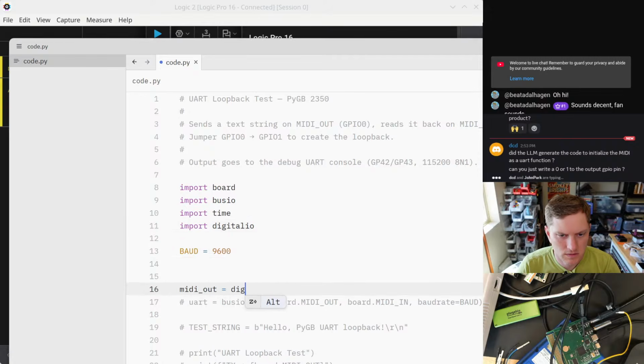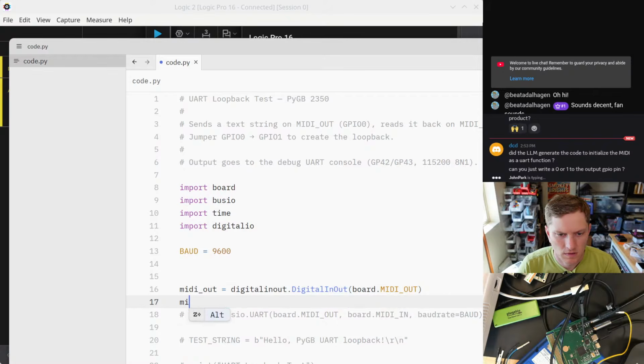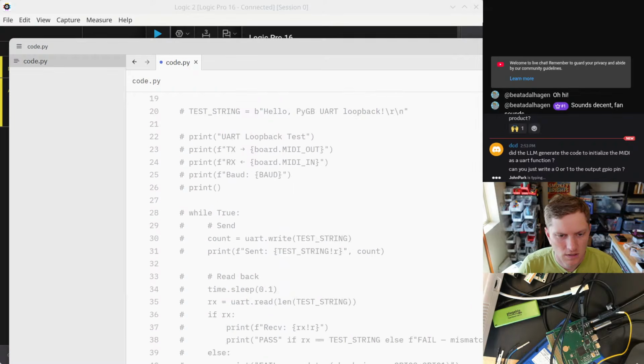Out equals digital in out, or dot midi out. Well, dot switch to output, value is true, and then